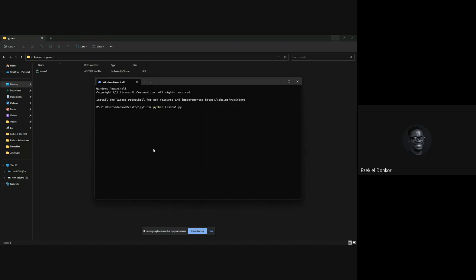Space lesson1.py. So we are saying, look in this folder, look for the file called lesson1.py, and then follow the instructions that are in there. That's basically what we are saying. So we first call the Python interpreter, then we tell our machine to look inside this folder, look for lesson1.py, and execute that instruction.